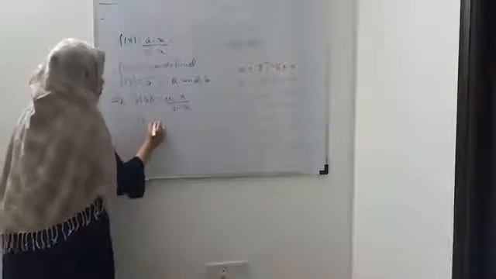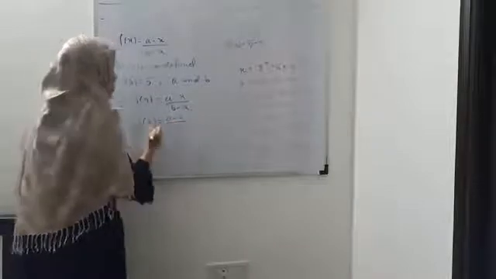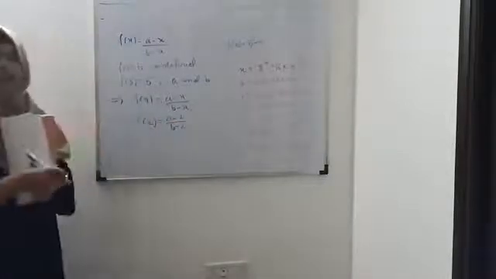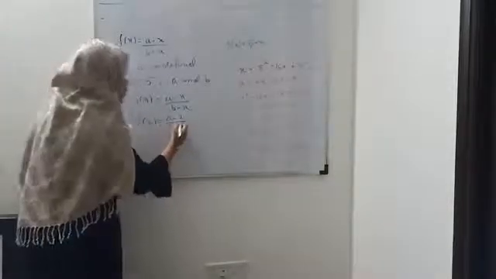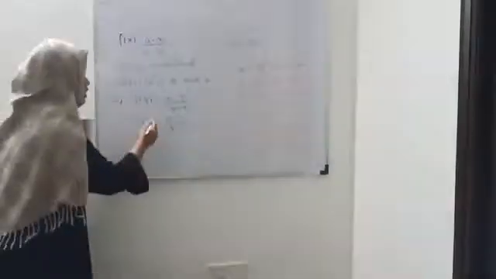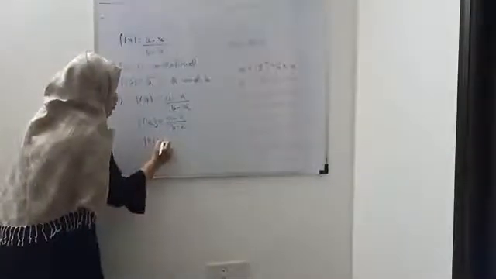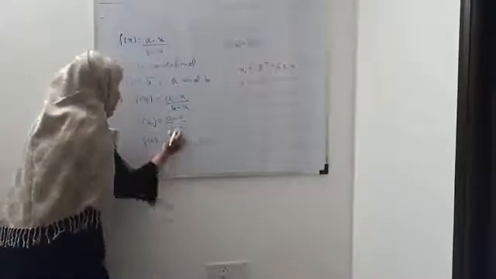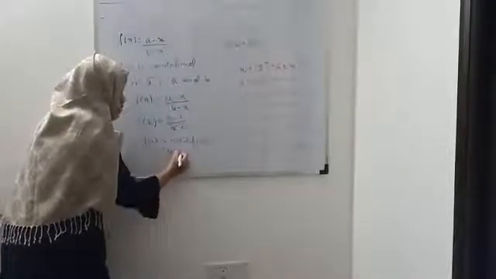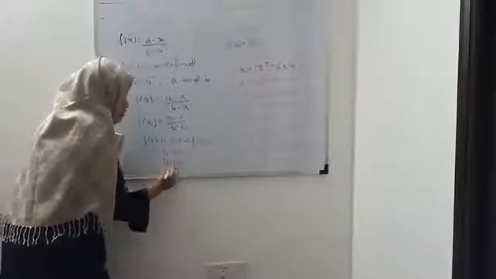So the first condition: if you find f of 2, it is a minus 2 upon b minus 2. Given that f of 2 is not defined, meaning it will give the answer infinity. So when will it give infinity? When b minus 2 will be equal to 0, right? Since f of 2 is not defined or undefined, when will it be undefined? Only if the denominator part is 0, right? b minus 2 is equal to 0, that is b is equal to 2. Okay, so the first value is b equals 2.